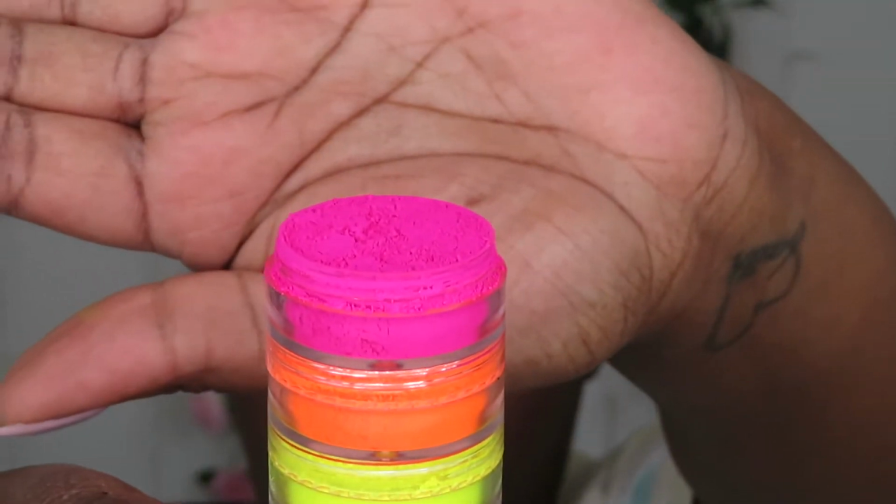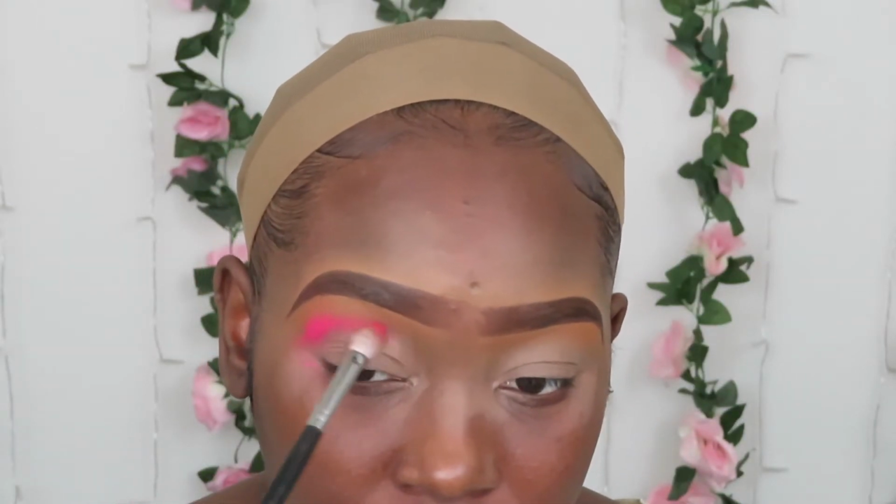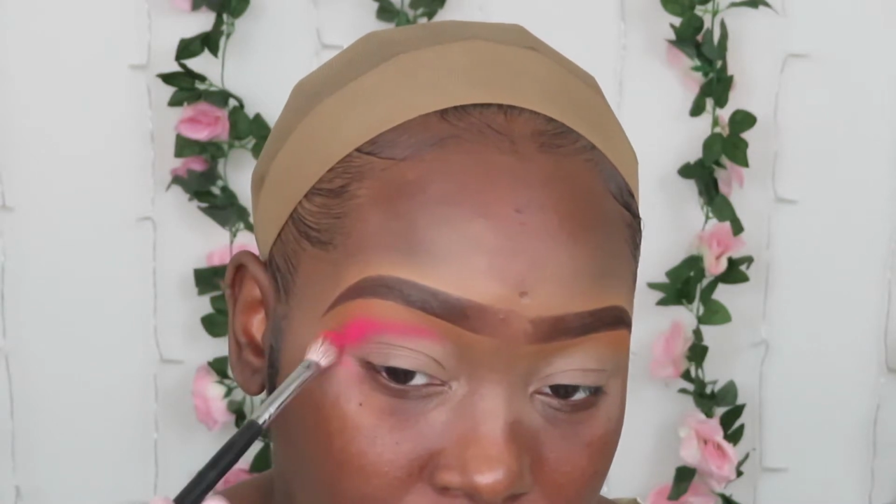Alright, my eyes are prepped and primed. As you guys can see, y'all, go ahead and put y'all glasses on because these neon highlighter bright pigments are going to blind y'all, okay? So the first color I went in with is this beautiful pink, and I'm going to pop